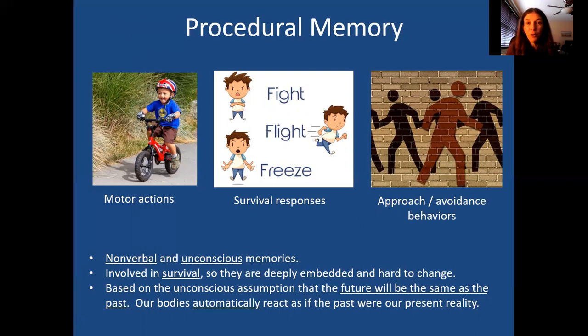Relatedly, we also have approach and avoidance behaviors that are kind of automatic. So if we instinctively sense some danger, we might automatically pull away or run away and avoid it. Or if we feel that something's safe, we might automatically feel the urge to move closer to it. Okay, and now those are also tied into our survival, right? Avoiding the dangerous, going toward the helpful. Okay, so these aren't things that we think deliberately through. Like, gee, I think I'm going to put up my fists and rev up my heart rate today so I can fight back when this person insults me. Like, we might have a little bit of a conscious sense of it, but there's certain aspects of it that